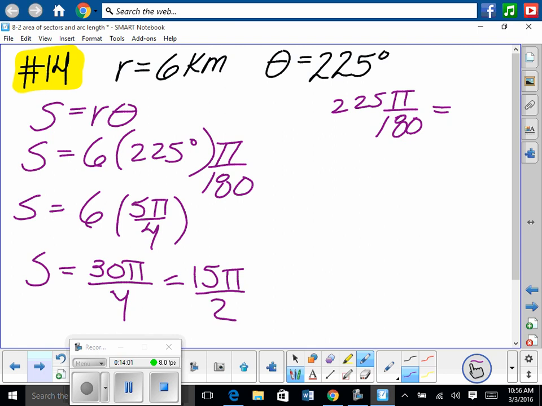So we have 15 pi halves kilometers, which is equal to, the engineer answer would be, how many kilometers exactly is that? 15 pi divided by 2. That's 23.6 kilometers. Okay. Questions on that? Are you ready to go? Okay, sweet. So you're going to do problems